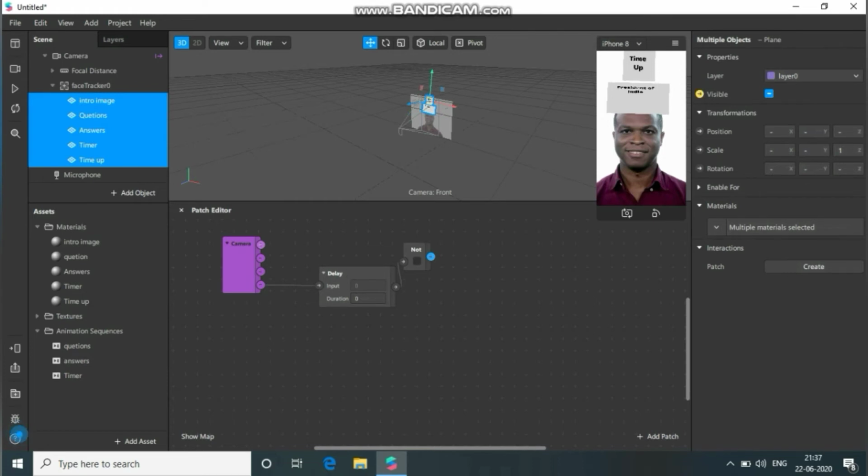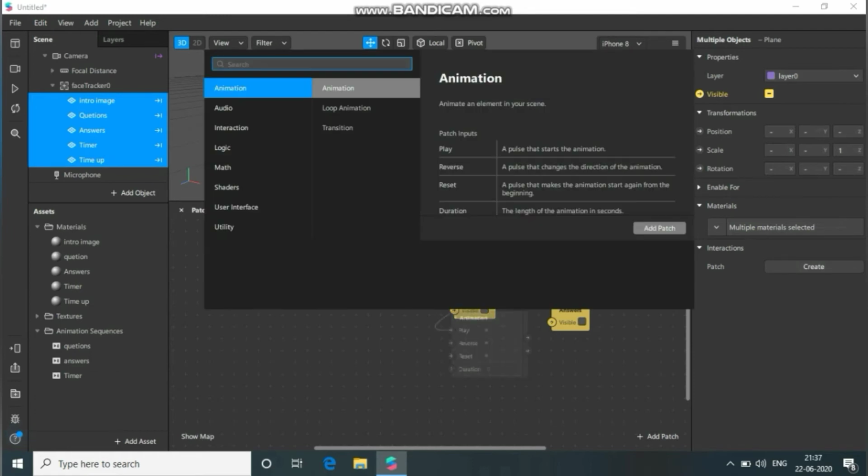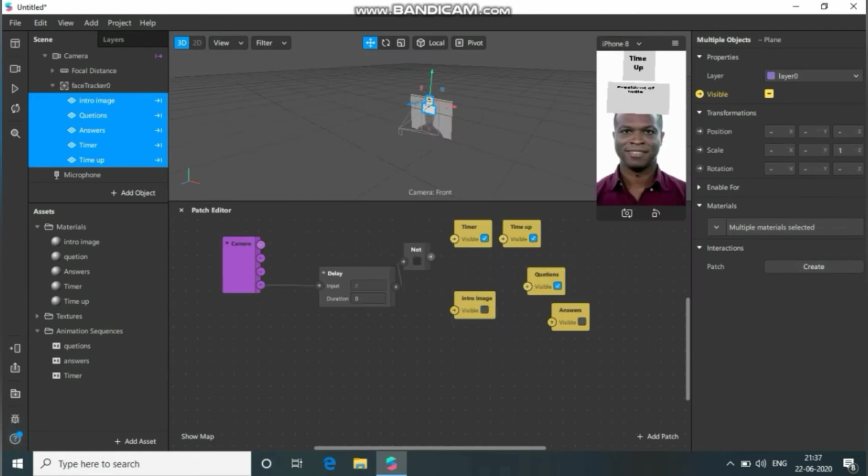Here you will get all the planes. Rearrange it however you guys want. Connect this node to intro image and connect delay to timer and the question.